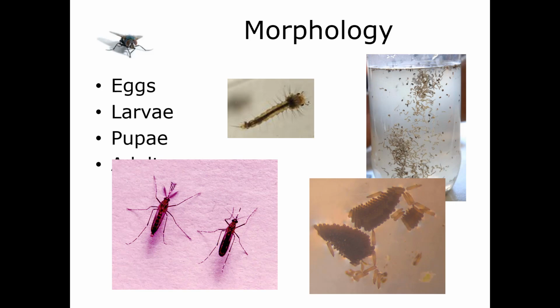Now, the adults will emerge from those pupae at the surface of the water, and the adults are slender. They have very thin legs and very narrow and elongate wings. Their body surface tends to be covered with scales, with setae, with fine pile, and a lot of these scales and setae and things create characteristic markings and colors of each one of these species that'll help us identify these species underneath a microscope. Normally, they have these 2 compound eyes, which will wrap around the front and the sides of their head, and they have these antennae that arise between the eyes. Their antennae tend to be long and filamentous.